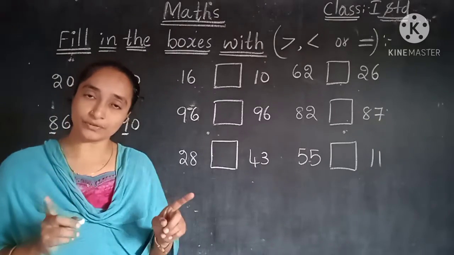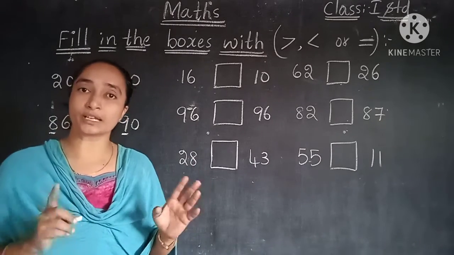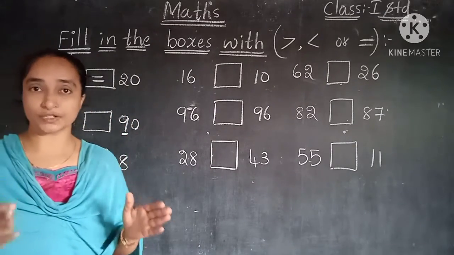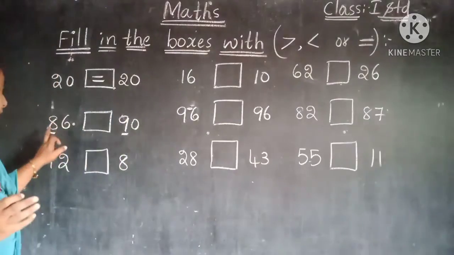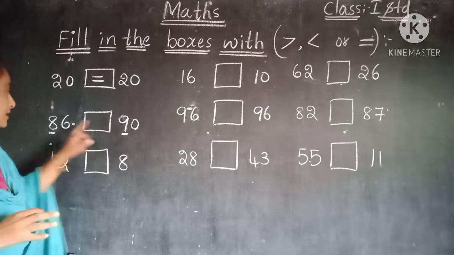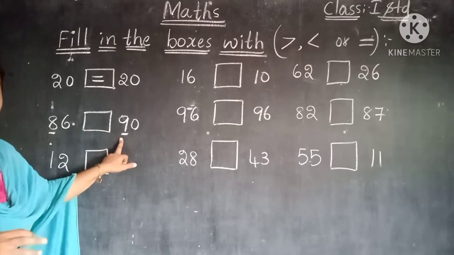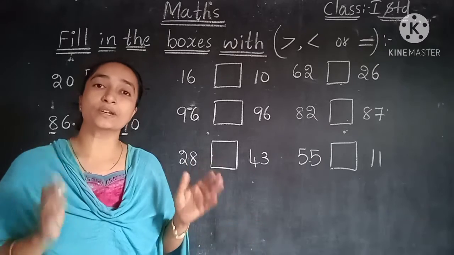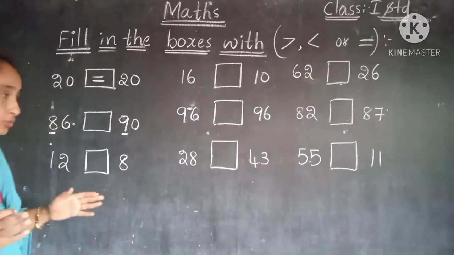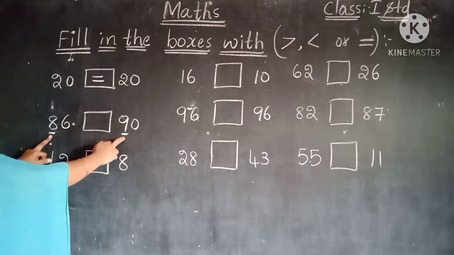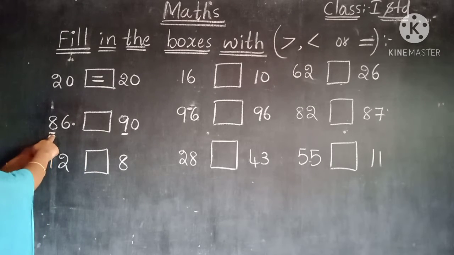If both tens places are equal, then we have to go to the ones place. Now first of all, when we are checking the tens place, here 8 tens are there, here 9 tens are there. So in the tens place, one side we have 8, the other is 9. Comparing these two numbers, 9 is the big number, 8 is the small number. So this is the smaller one.